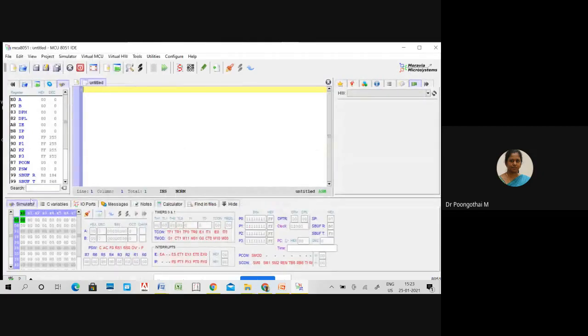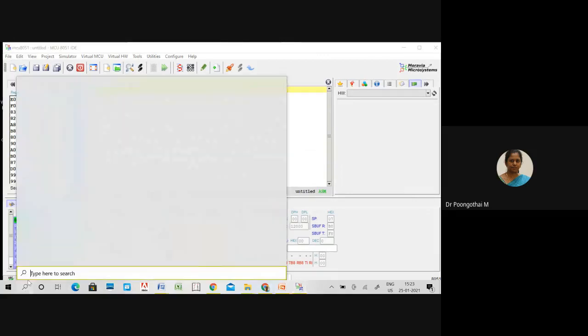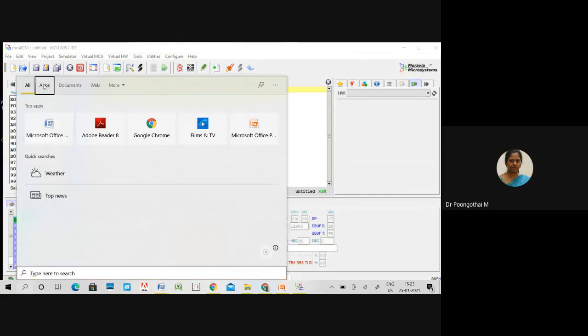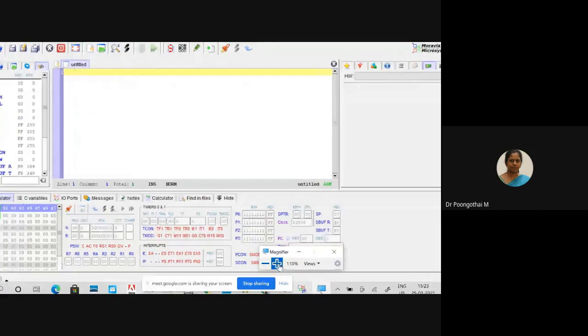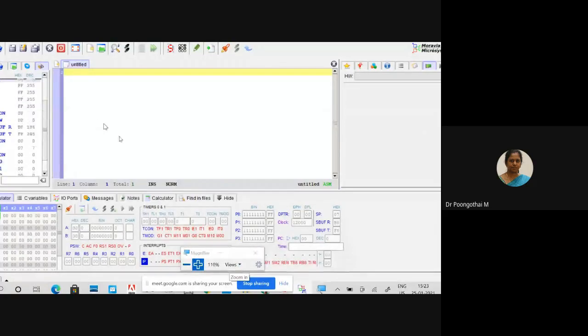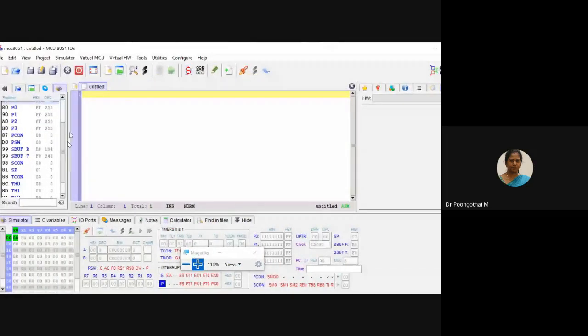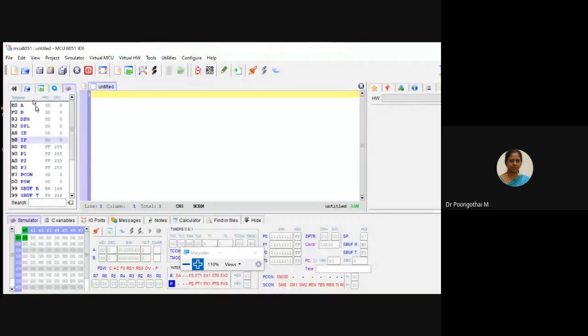So this is the main screen of your simulator. Here you can see, this window is the register window.